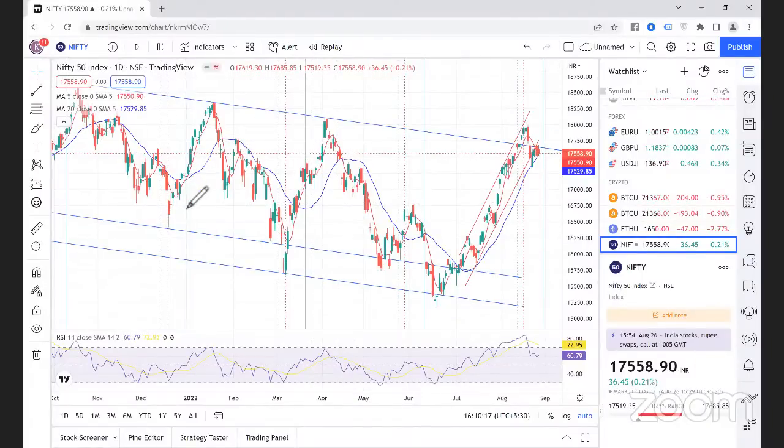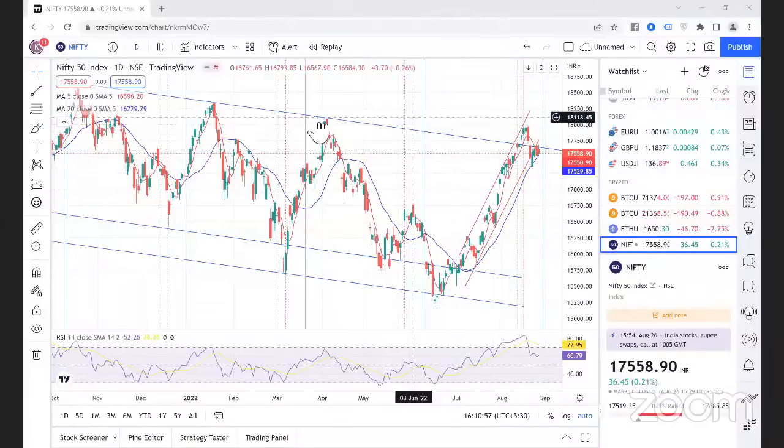Whenever there is a crossover on the upside, we can clearly see prices sustaining there and trending in that direction. Whenever there is a crossover, the opposite happened. Crossover, opposite happened. So except this part of the phase. Now, right now, we are just there. The prices are just there on the 20 and the 5 days moving average. And if you are looking at it, अगर हमने नीचे break किया 340 का level, we might end up going towards the lower end of the range, the lower end of the trend on the downside.